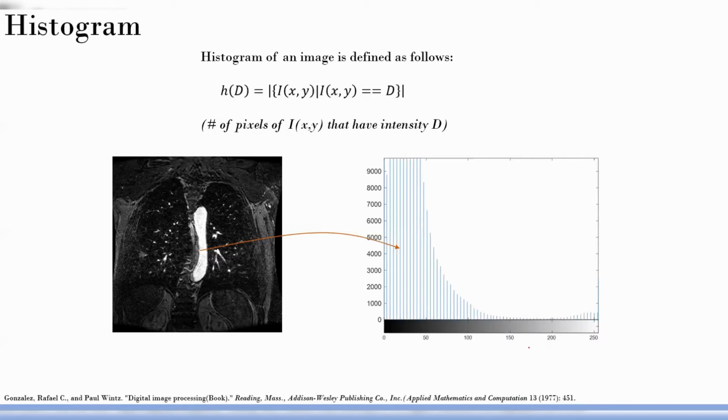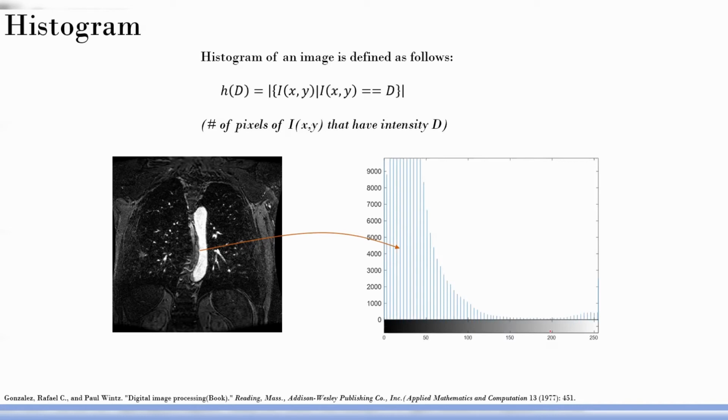And you can see towards white the number is very less, and the only white region here is this bone, and that is why you see a second peak over here, right? A small peak, but still it is higher than this region, and then it is slowly increasing. So many interesting aspects you can think about when we talk about histograms. Okay, so some of them are like this.